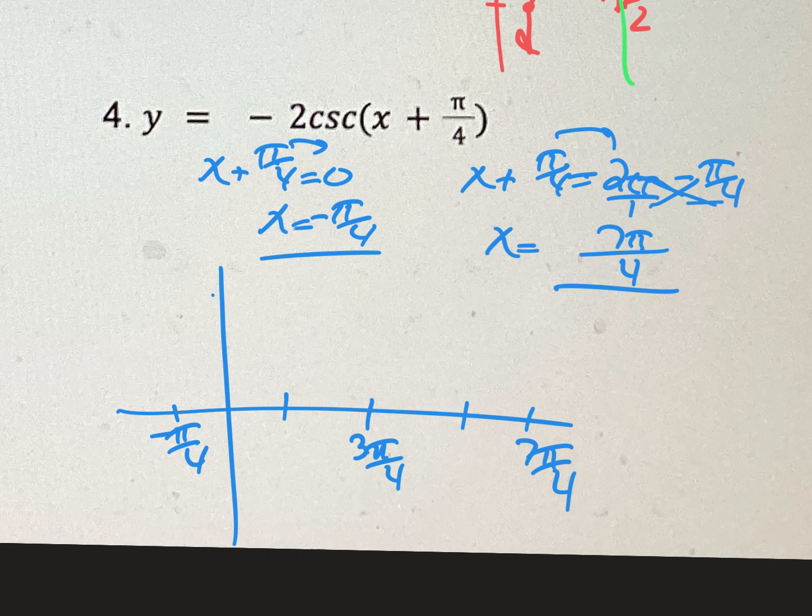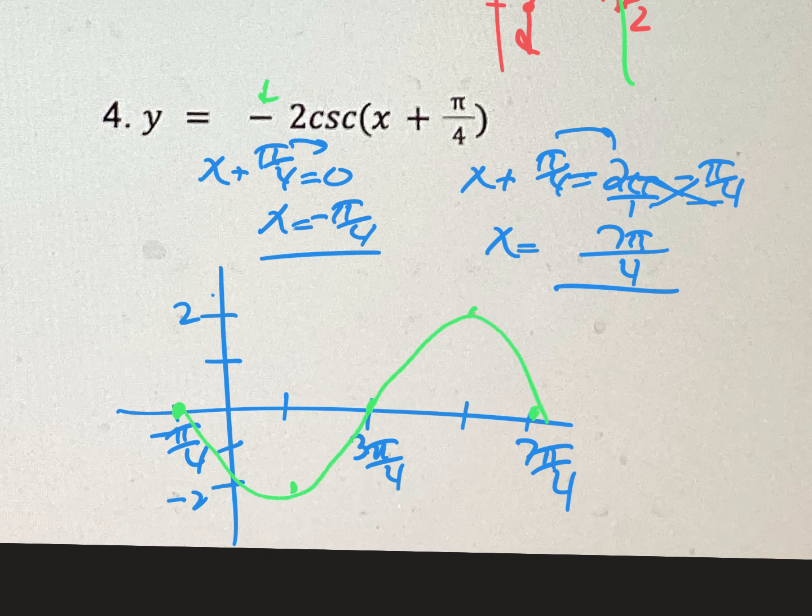Cosecant is reciprocal of sine. Sine starts at 0. I forgot my amplitude. That's 2 and negative 2 on my y-axis. Sine starts at 0, usually goes up, down, up, but there's a negative sign in the front, so it's going to go down, up, down. If I connect those,